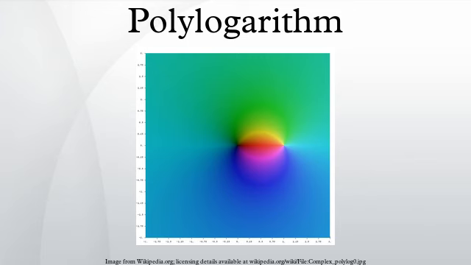Relationship to other functions. For z equals 1 the polylogarithm reduces to the Riemann zeta function. The polylogarithm is related to the Dirichlet eta function and the Dirichlet beta function, where η(s) is the Dirichlet eta function. For pure imaginary arguments, we have an expression where β(s) is the Dirichlet beta function. The polylogarithm is related to the complete Fermi-Dirac integral as